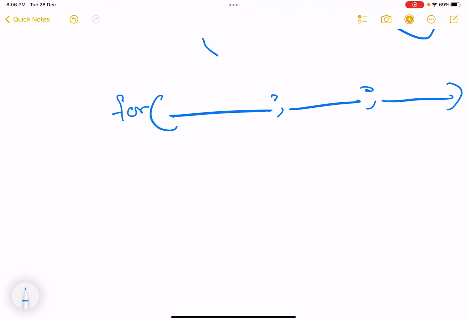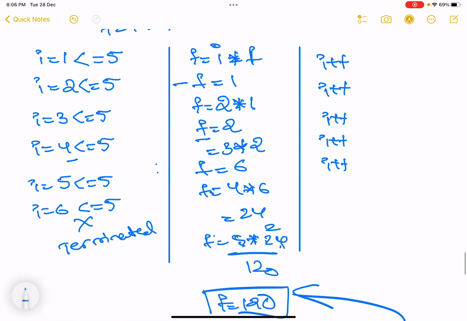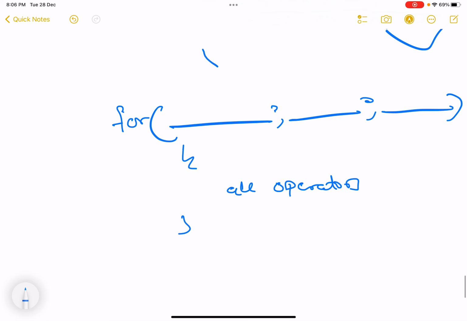Without the operators you cannot perform this. So make sure you know all operators, all of them. Without that, no for loop, no if, no while loop, no do while loop. You will have to revise the loops again. The second unit is completely taken from the first unit. Without operators you cannot do anything. So I believe the for loop is clear.